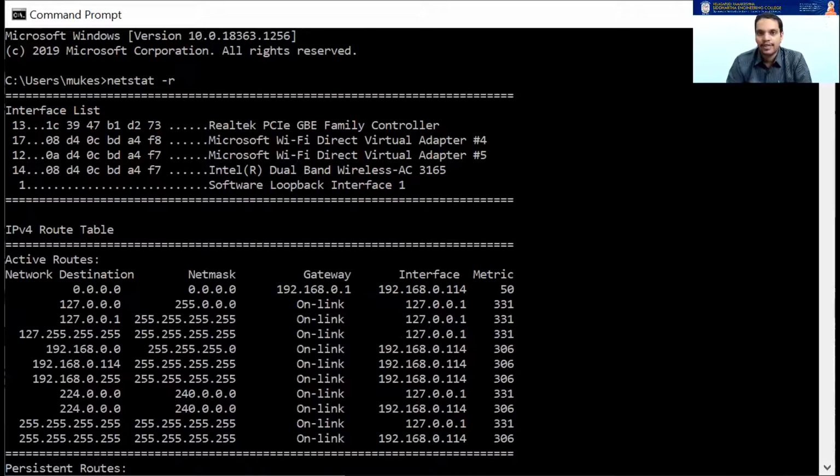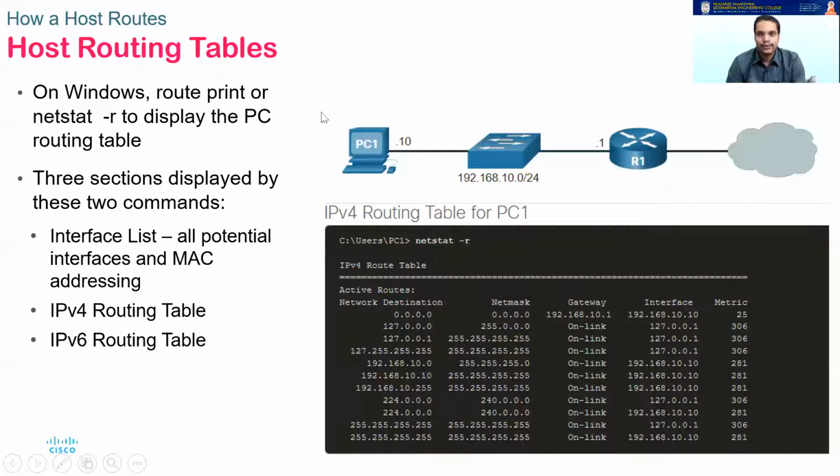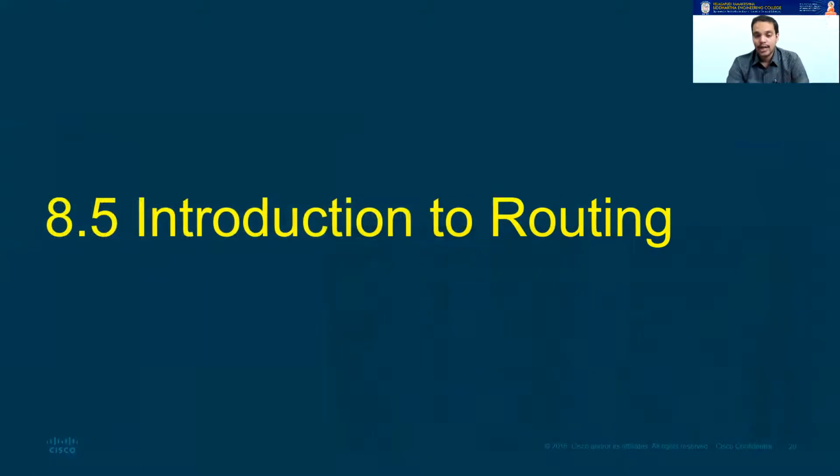let me show you what kind of information is present in a router. So usually a router maintains the routing tables. Let me show what kind of information is present in a routing table at a router, and how you interpret the information from those tables. So now you have seen how the host routing tables look. Just simply type in the command netstat -r. Also, you can type in route print. Both of them give the same kind of display. Okay. So now let's start.